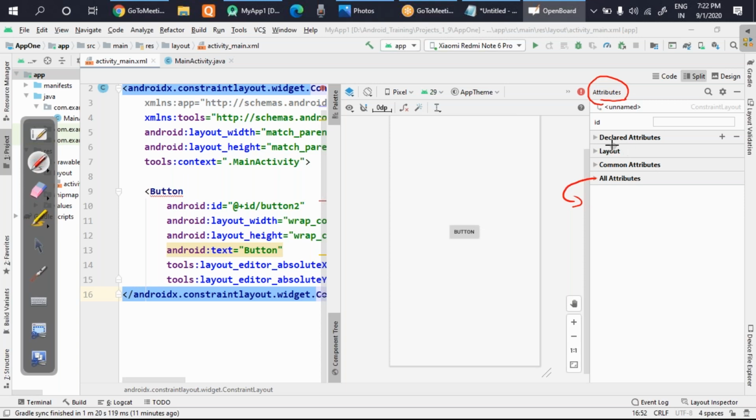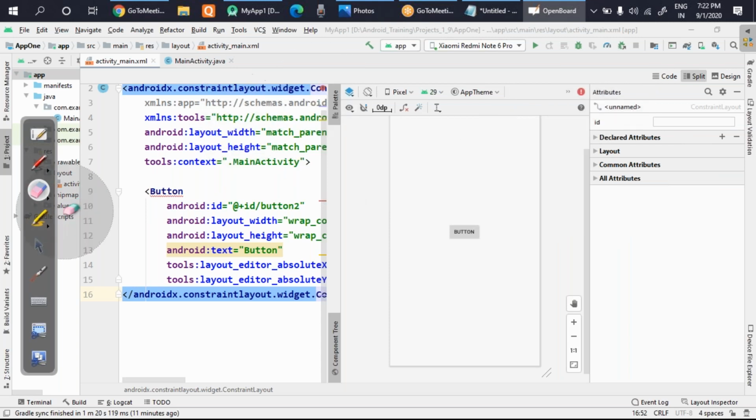Whereas these 3 are actually containing some important or some common and important features which have to be declared. Okay, so for time being, we'll not move to all attributes. This we will see later on. We'll first of all try to analyze the 3 attributes which are the most important ones. Okay, and then we'll move to all attributes in the later class.